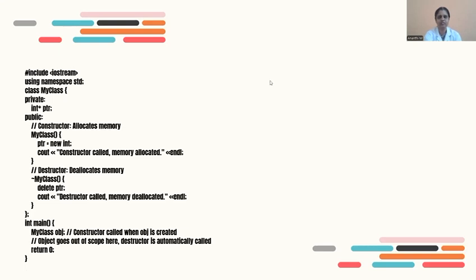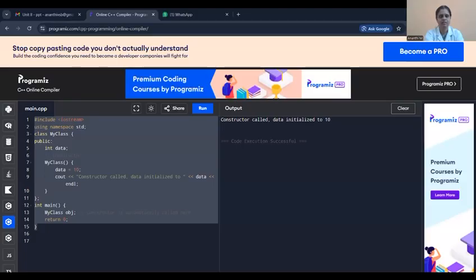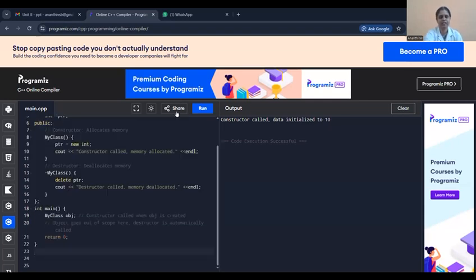So let's see how this program gets executed. I have just copied it, and I am going to paste it in the compiler and run.